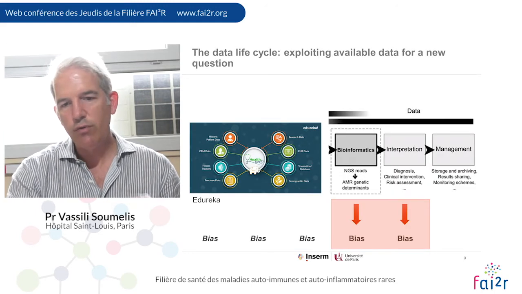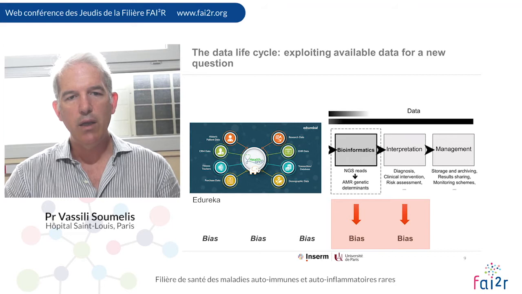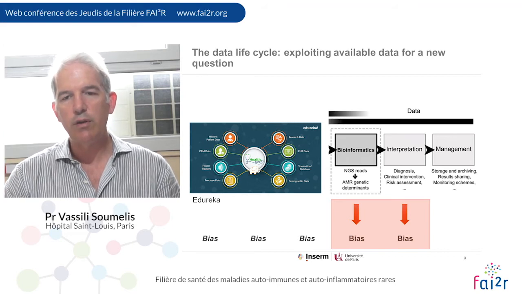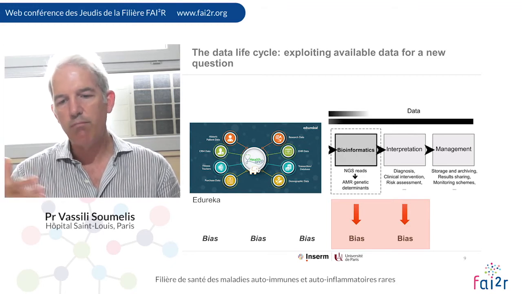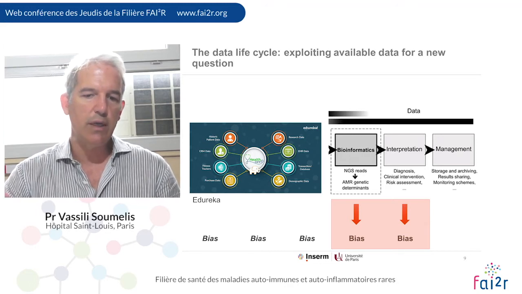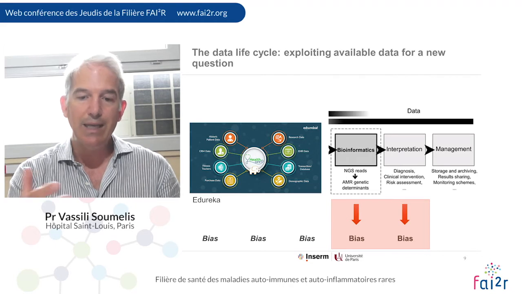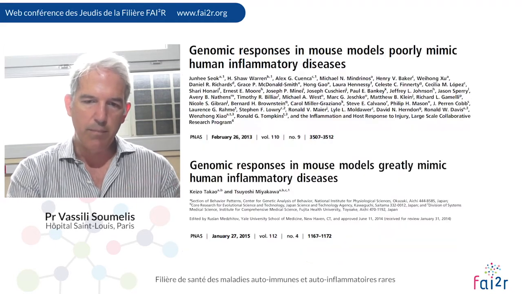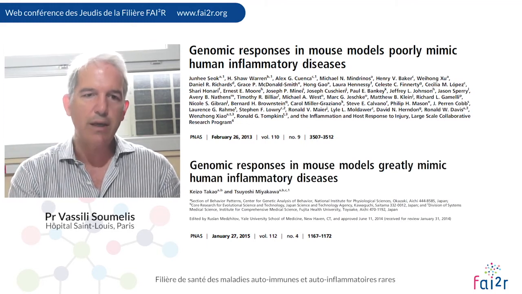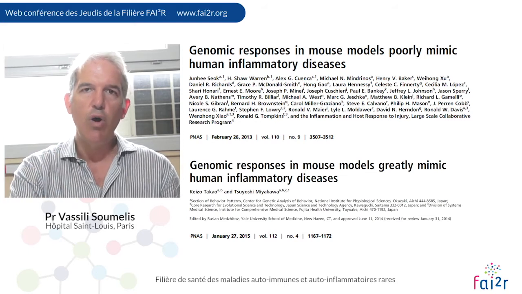So here I want to give you two examples of big data in real life conditions, or already available data, and illustrate the impact that biases can have on the conclusions and interpretations of the data. First I will illustrate with one example biases that can occur at the level of the computational analysis and interpretation. To me, this is a very striking example of how different ways to analyze data can lead to opposite